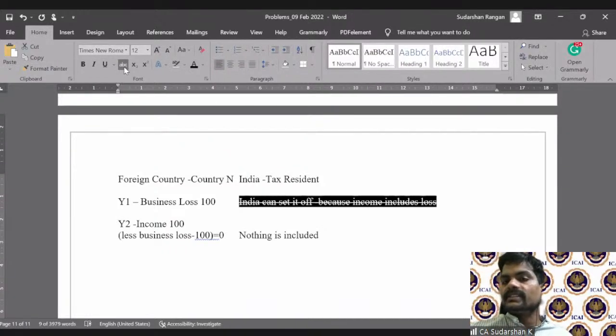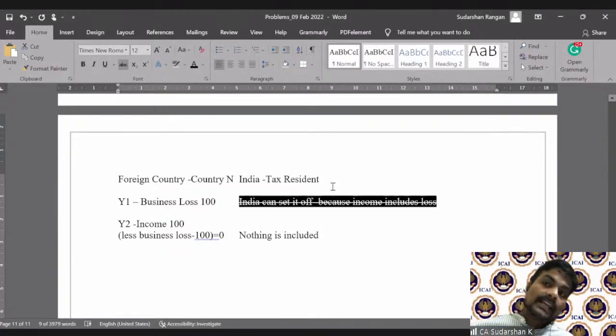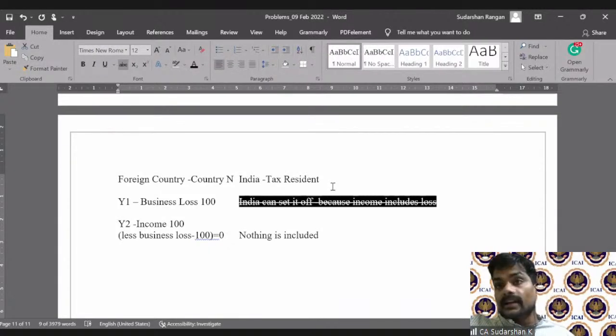Since the question specifically said it is not possible, that is why we had included it. I hope this is clear now, because this otherwise will give undue advantage. I would have taken the loss in India also. Then again in that foreign country, next year I will also set it off with that income and reduce that country's income also. This is called double dip